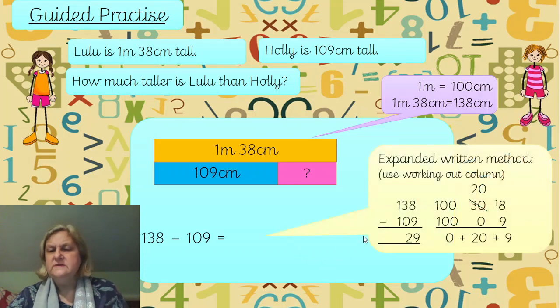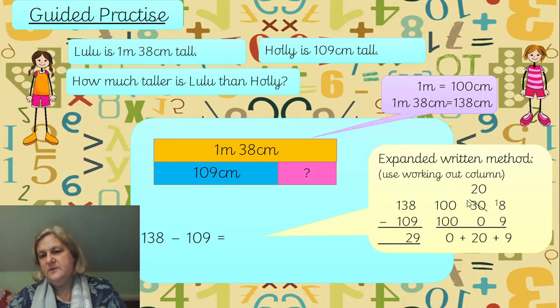But I'm not going to do that. I'm going to do my expanded method, because then we can see that exchange going on. So I've got 138 take away 109 is 29. I'm going to partition this out into hundreds, so we're expanding it this way into hundreds, tens and ones, and we're expanding this second number into hundreds, tens and ones, and we're lining them all up like a nice set